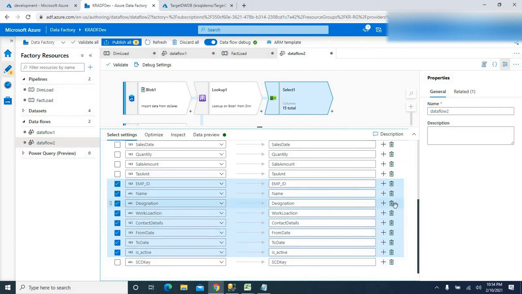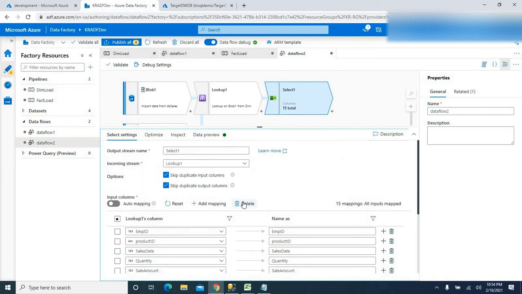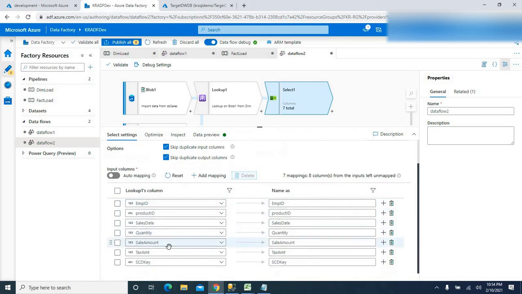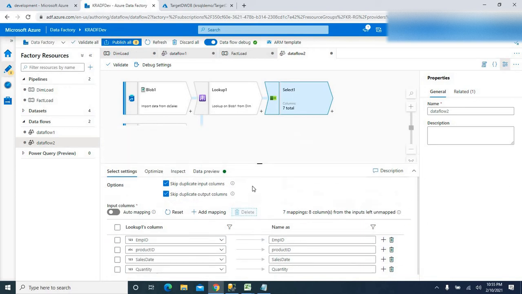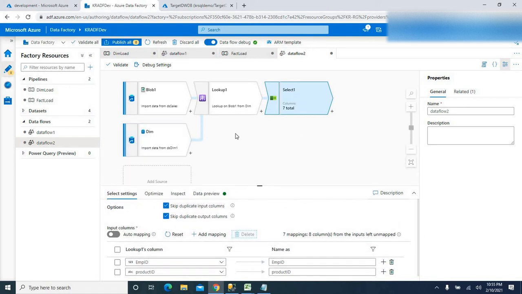That's it. I'm gonna just delete all those columns that I selected, and the rest of the columns I'll be loading. Except SCD key, all these fields are coming from the source file itself. So the SCD key we are just getting from the dimension table by looking up into that table, joining with employee ID, and also based on the other condition, that is the sales date between effective from and effective to.